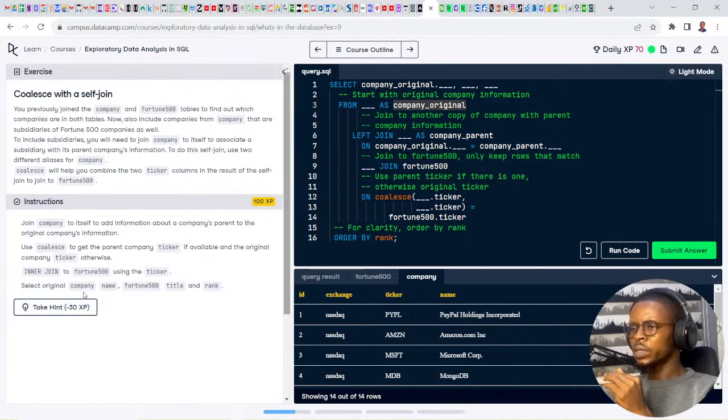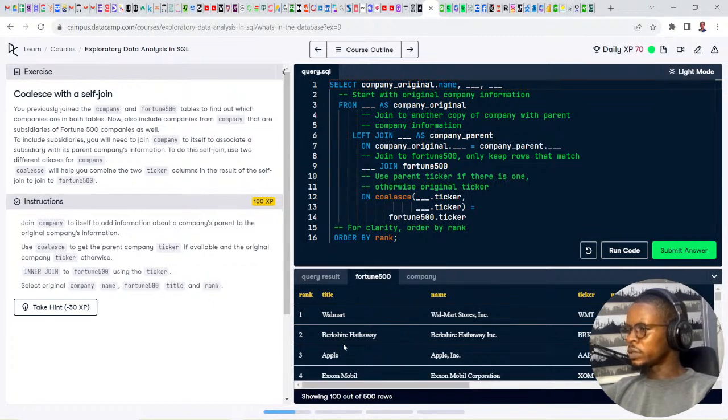So we are selecting the original company name, 4500 title and rank. So I'll select the company name from here, the company name from here, the 4500 title and rank.